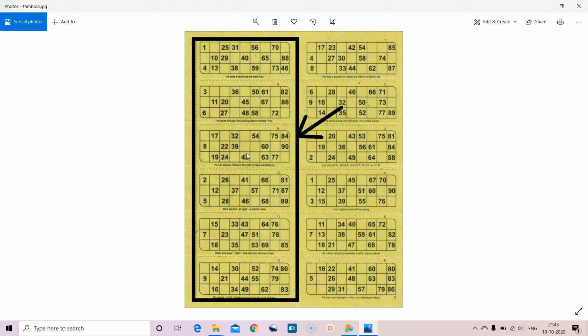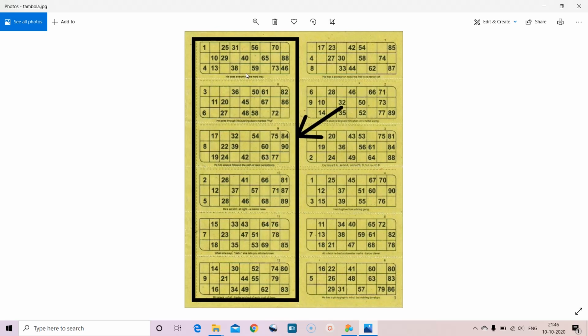Of course, if you want to develop further, you can. For example, for each ticket you can keep a unique identification number, and when you play the game you generate 90 numbers randomly. When you play the game, not when you generate the ticket, you take a random number, for example 39, 45, like that, 90 numbers randomly, and the person who has this ticket will tick whether his number has come. If his number comes, he will tick it. And suppose whoever gets the first 5 numbers will call you.